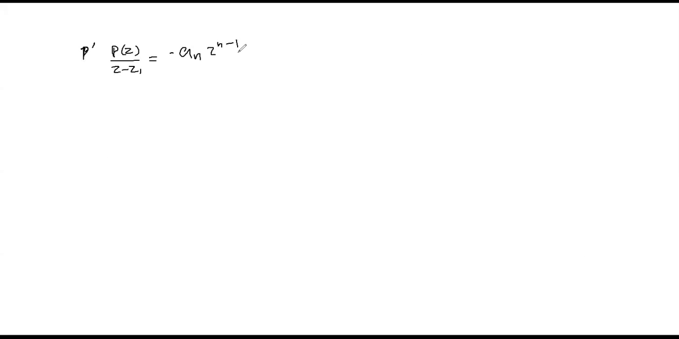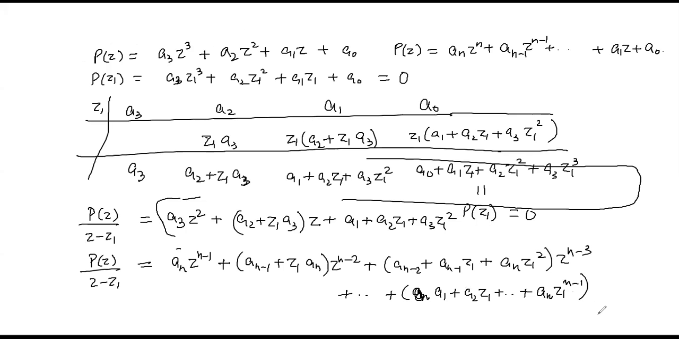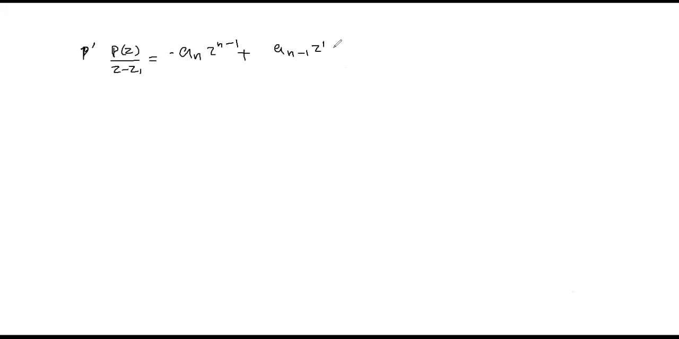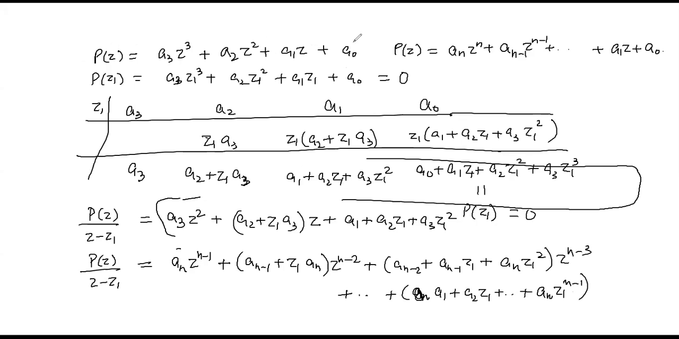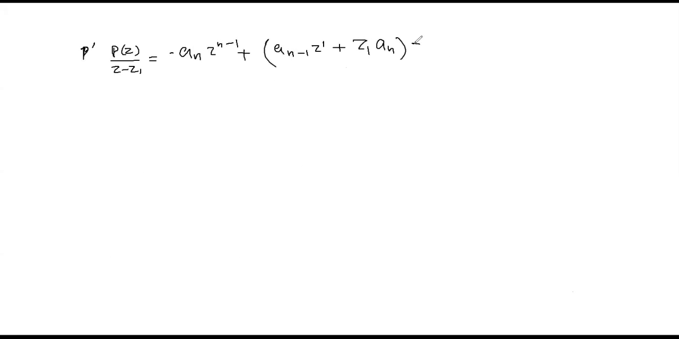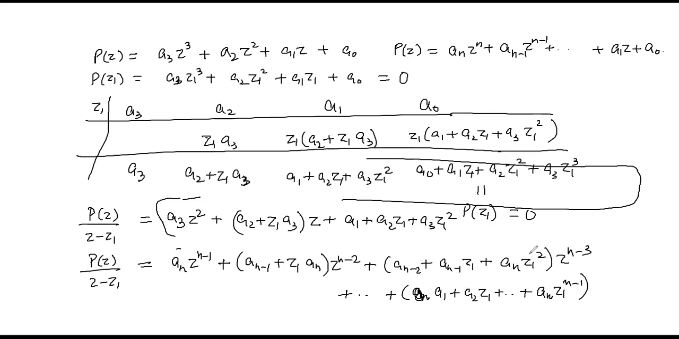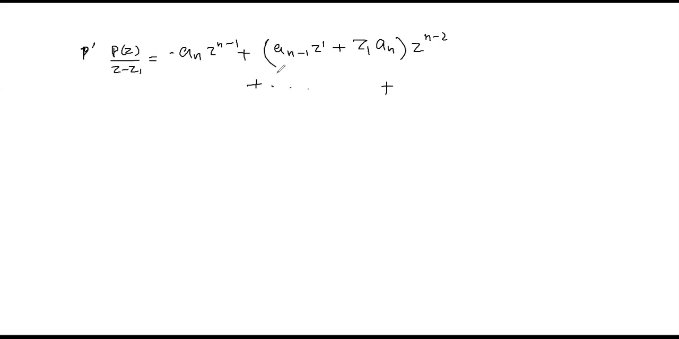an into z raised power n minus 1 plus, what was it, an minus 1 into z1 plus, क्या था ये, plus z1 into an whole multiplied by z raised power n minus 2 plus so on and so forth. और लास्ट वाली टर्म क्या थी, लास्ट वाली टर्म थी, चलो ठीक है, लेट्स सी, फिर प्लस एक और लेते हैं. an minus 2 into z1, क्या z1 है यहाँ, नहीं कुछ गलत किया मैंने, I have a feeling मैंने यहाँ शायद z1 नहीं है